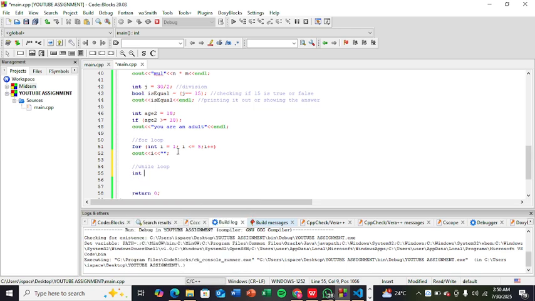So integer count, let's assign it to 3. We end the line and then we make sure we declare that this is a while loop. cout count